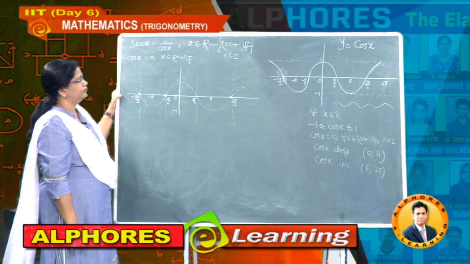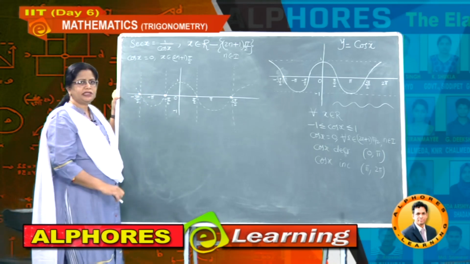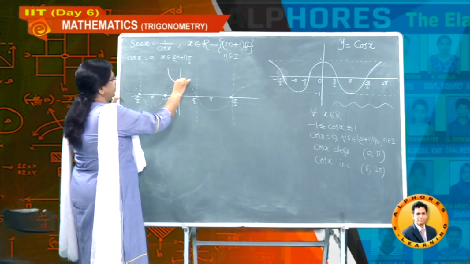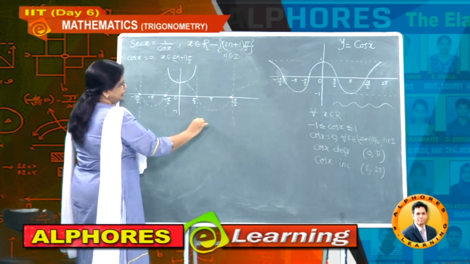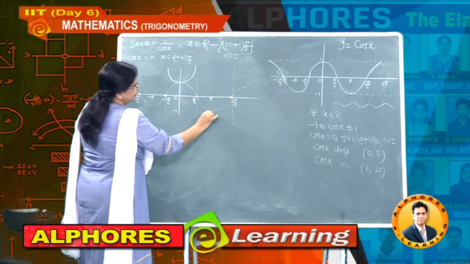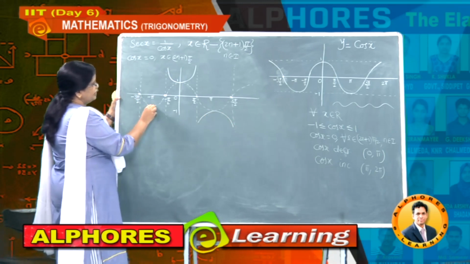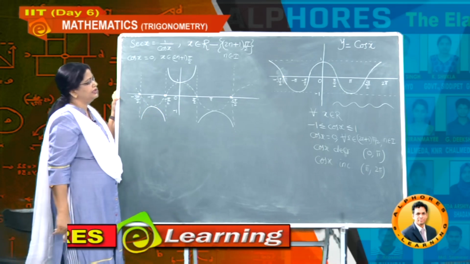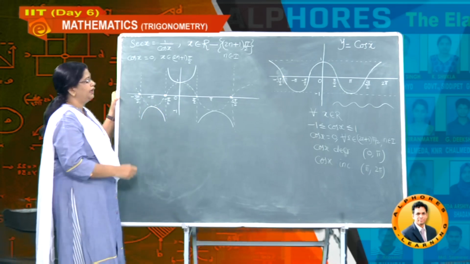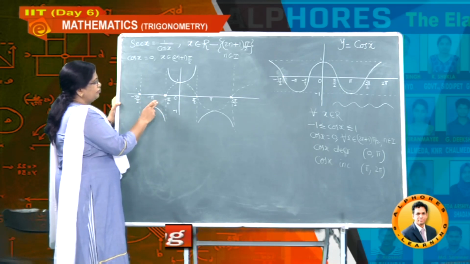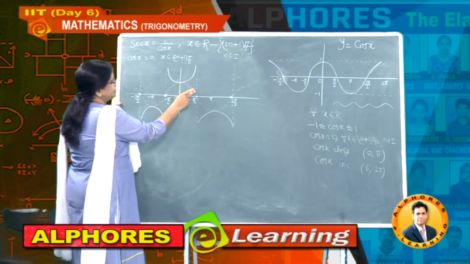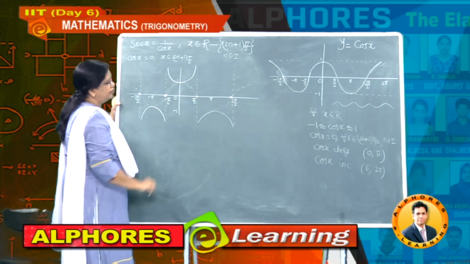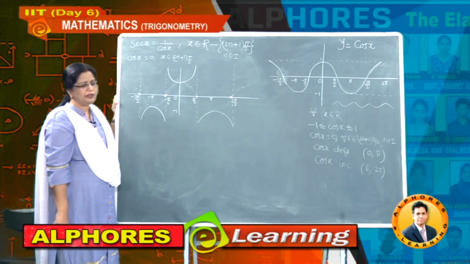Got this, students? And now after this, just like the previous cosecant graph, take a curve, that means in this way you just draw the curve like this, and again wherever the least value is coming, now this is the curve. Again where this one least is coming, draw the curve like this. So in this way if you observe, this is nothing but the secant graph. After this just erase this dotted graph, that is the cos graph. So whenever you have any doubt drawing the secant or cosecant graph, take the help of sine and cos respectively.